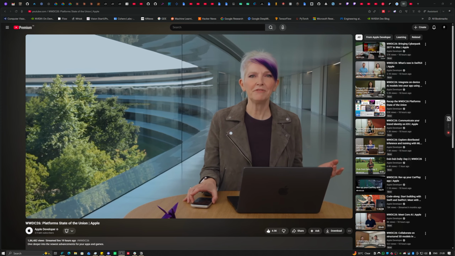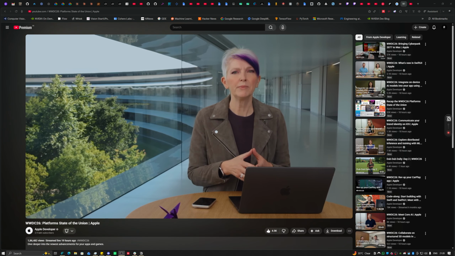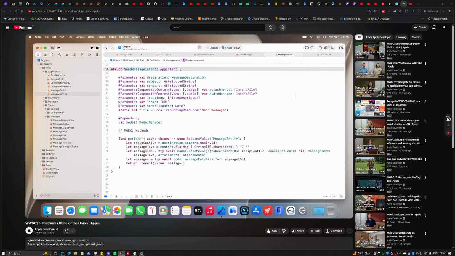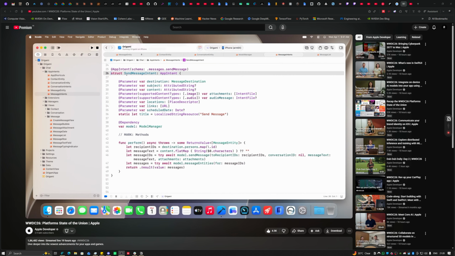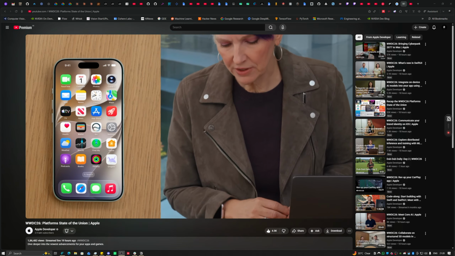Awesome. But now I want to follow up, which means I need to act on this information. I can make the content Siri found actionable by conforming an intent to the send message schema. This time I'm using the app intent macro, since this is an action rather than content. I'll build and run again, and now I can say,